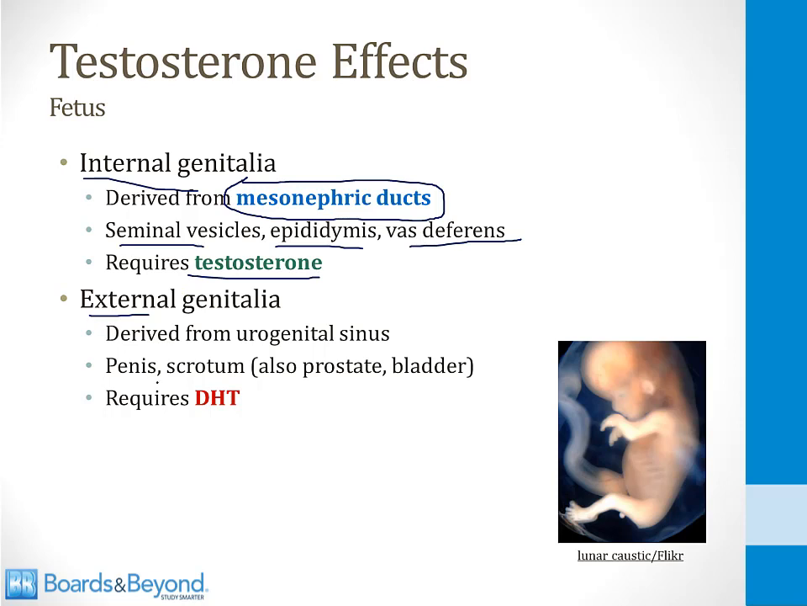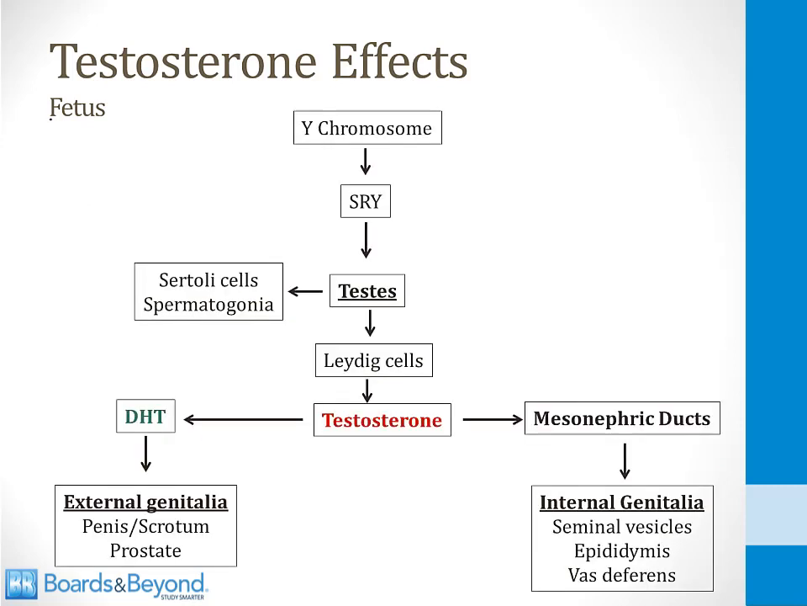The external genitalia are things like the penis and the scrotum, also the prostate and parts of the bladder. These are all derived from an embryologic structure called the urogenital sinus, and development of these structures requires normal levels of DHT. On this slide, I've summarized the role that testosterone plays in development of male sexual characteristics in the fetus, and this will be important in the next few slides when we talk about abnormalities of sexual development in